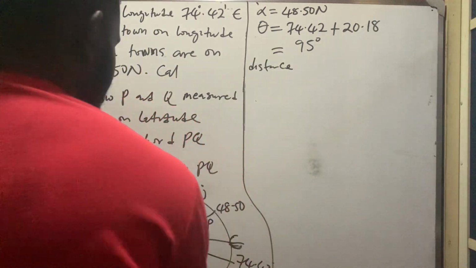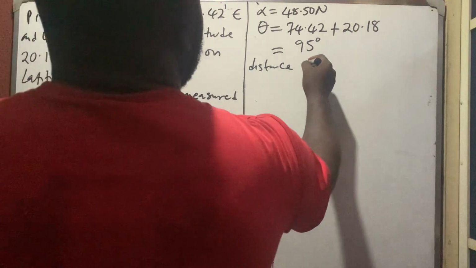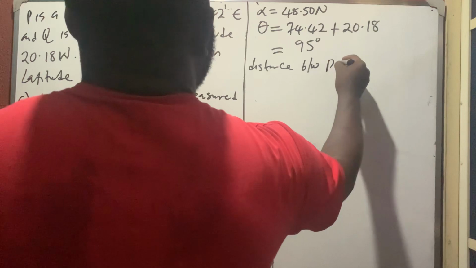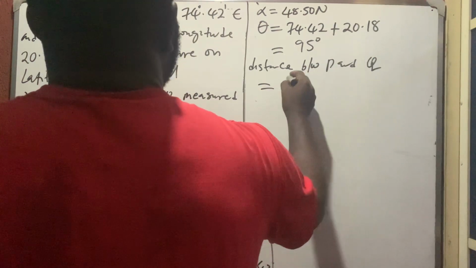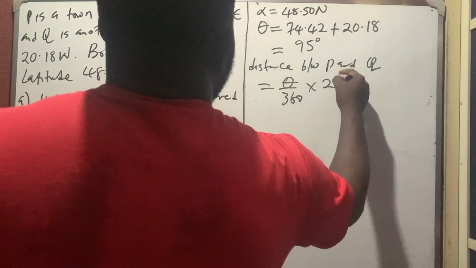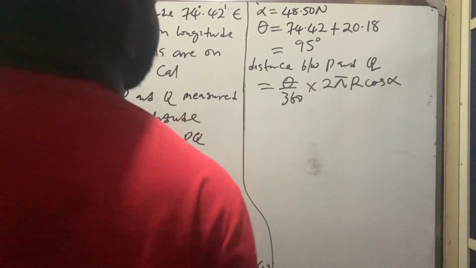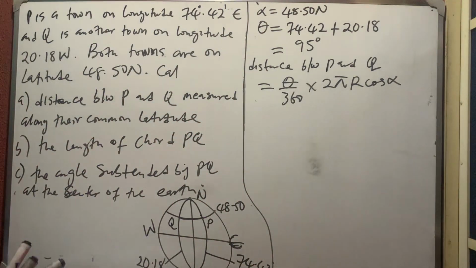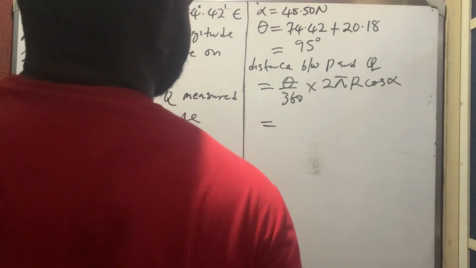So therefore the distance between them, their distance on the latitude, that is from here to here, is on a small circle. So I'm going to use distance between P and Q on the latitude, please. On the latitude should be what? Theta over 360 times 2 pi big R cos alpha. All right. So what do we have now? So this is equal to